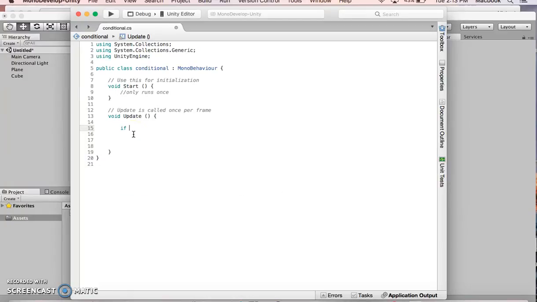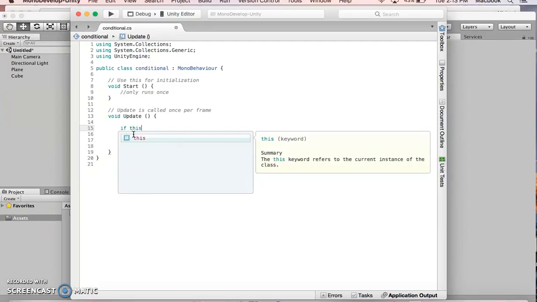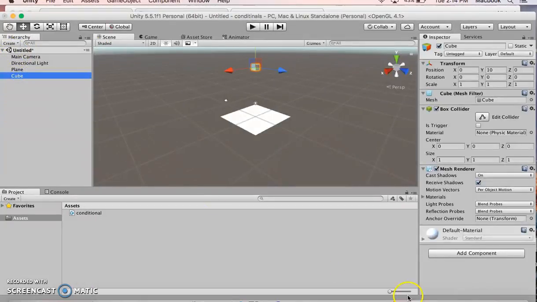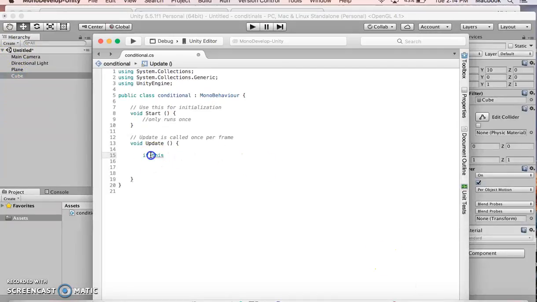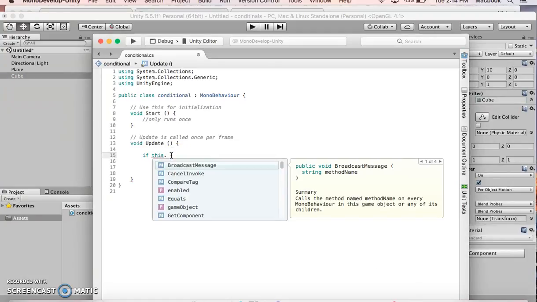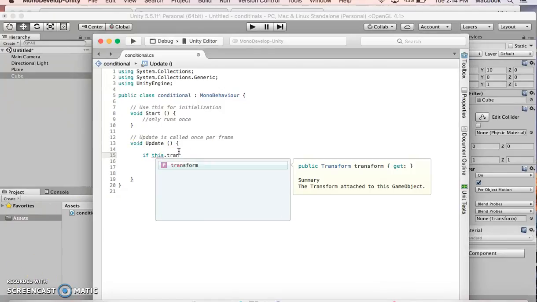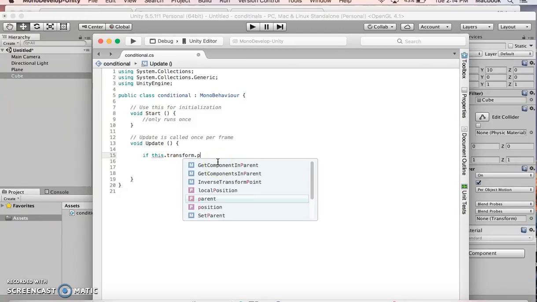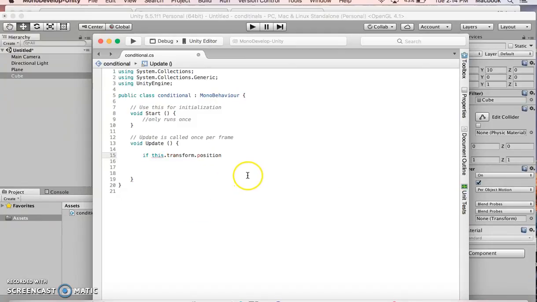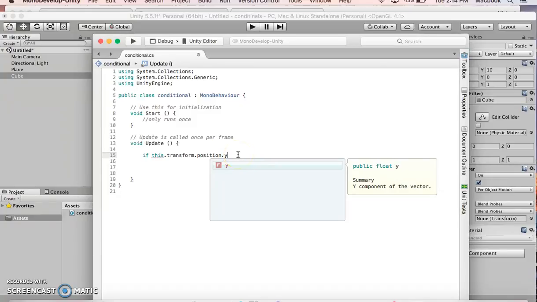So what we're saying is, if, now the object is this one. When I say this, this code, Conditional, will be dragged onto the cube. So we're looking at this game object. So that's what the word this means. So this dot, this is the object that we're going to affect, by transforming the position of the Y value, and we're saying if the position of the Y value is less than or equal to 0,